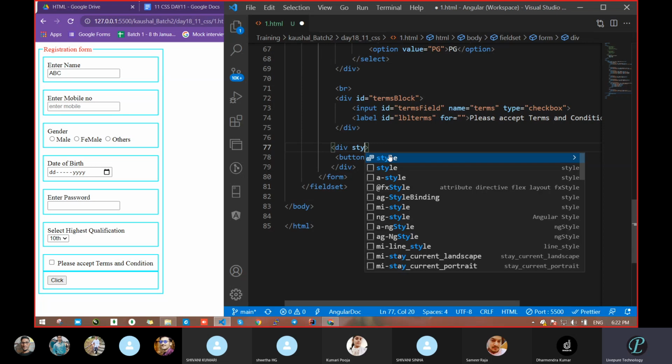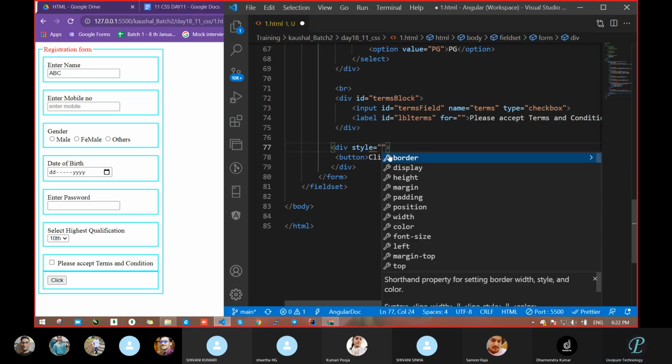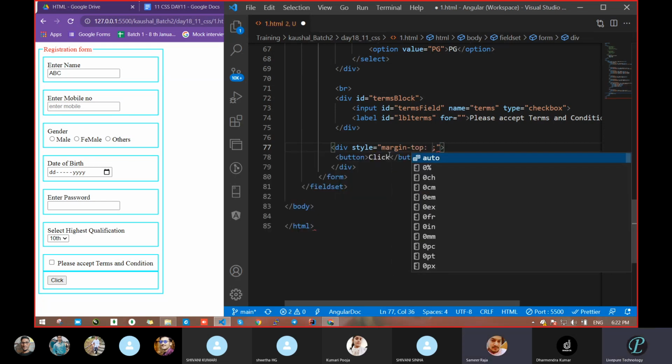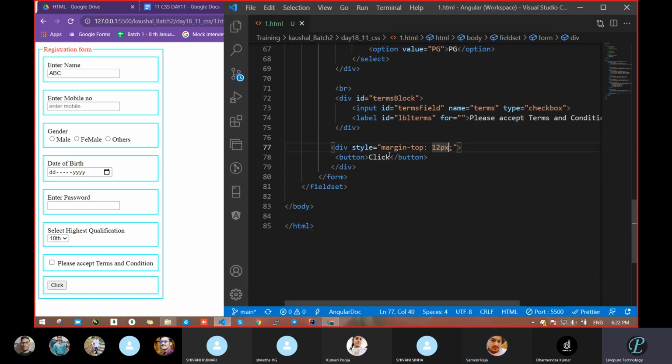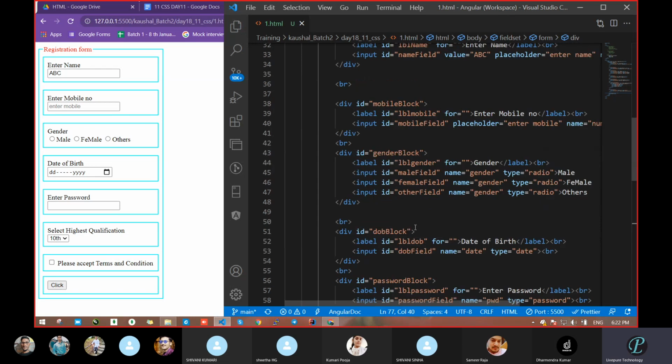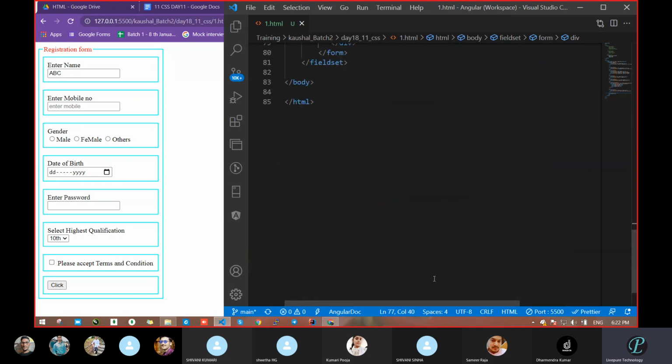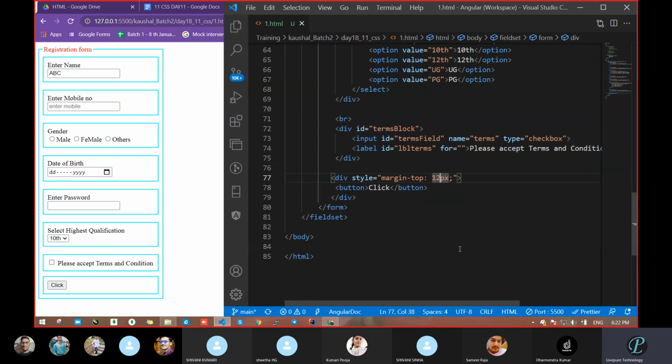If I write all the code, then what will you all do? Okay. So what is required? Margin. Go with margin. Where? Top, bottom, which side? Margin top. Top only. Take 12 pixel. Let's see. So now the space is there. Okay. And what was the margin for this? Padding is there, 9 pixel. Okay. Let it be. So I will take somewhat more here. Give something, 15 pixel. That's it.